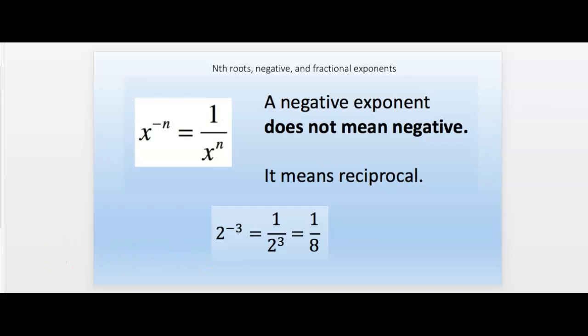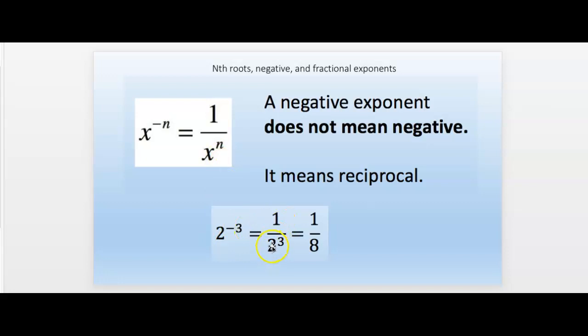Okay, y'all, a negative exponent. Sometimes the exponent up here is negative. Y'all, that does not actually mean negative. What it means is reciprocal. Something raised to a negative exponent just means 1 over that number. That's what it means. Okay, so here if 2 is raised to the negative 3rd power, that actually means 1